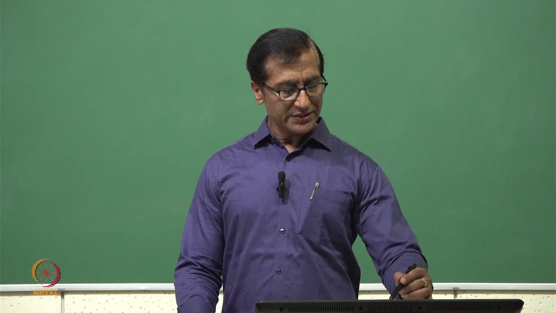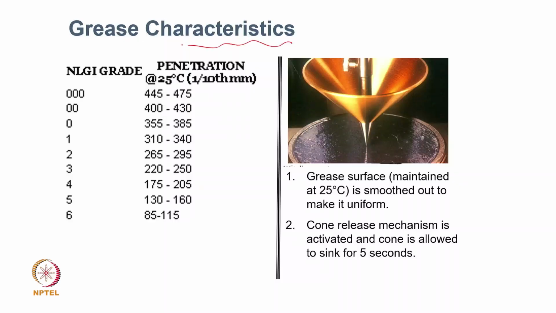How do we characterize NLGI? How have they done it? They use a method. What is it? They use a cone and cup method. There is a cone, and there is a dial on top, and this is a complete grease. So the grease is filled in a cup, and this is a cone,